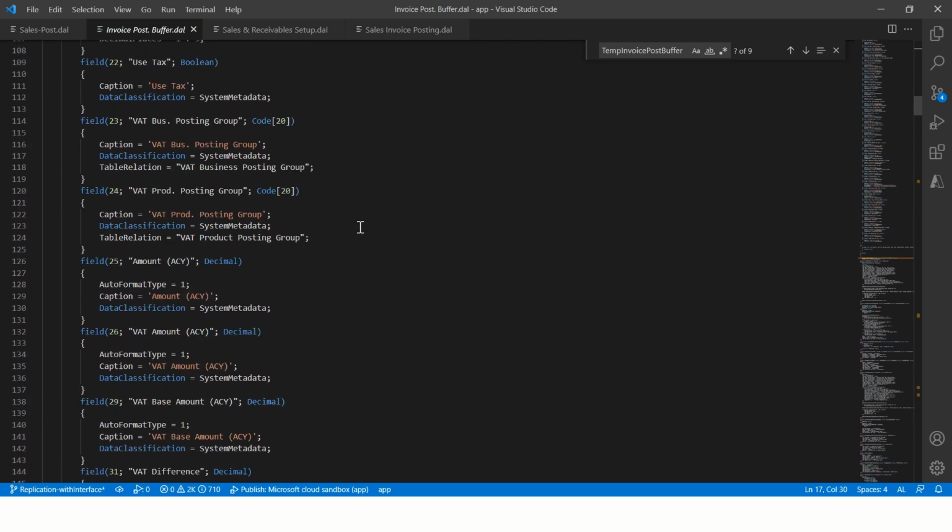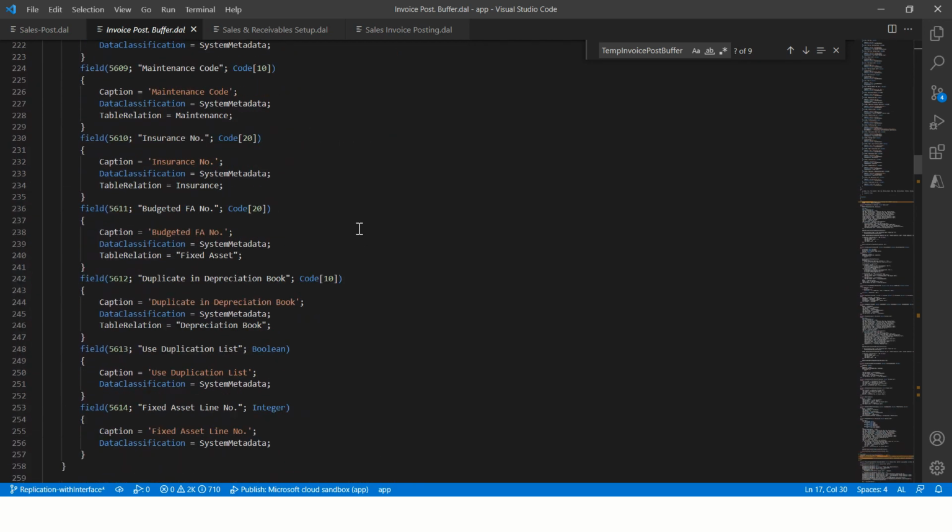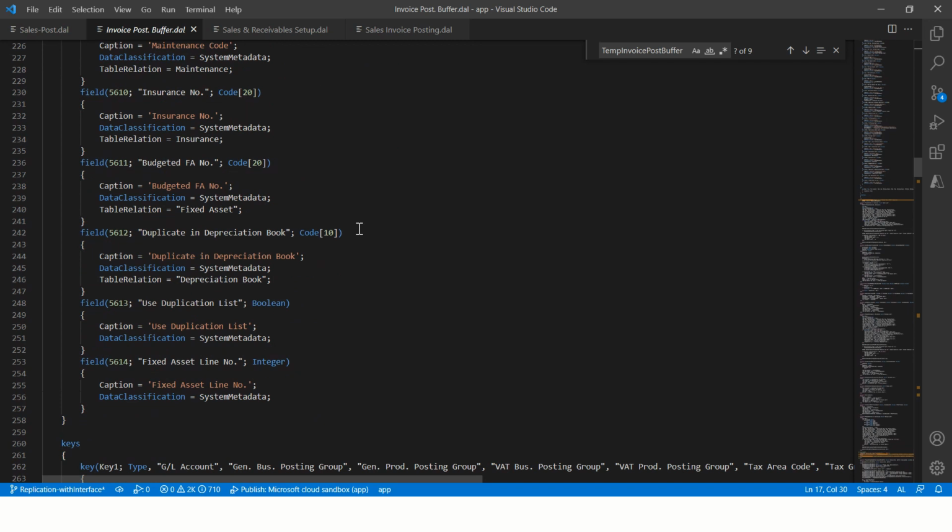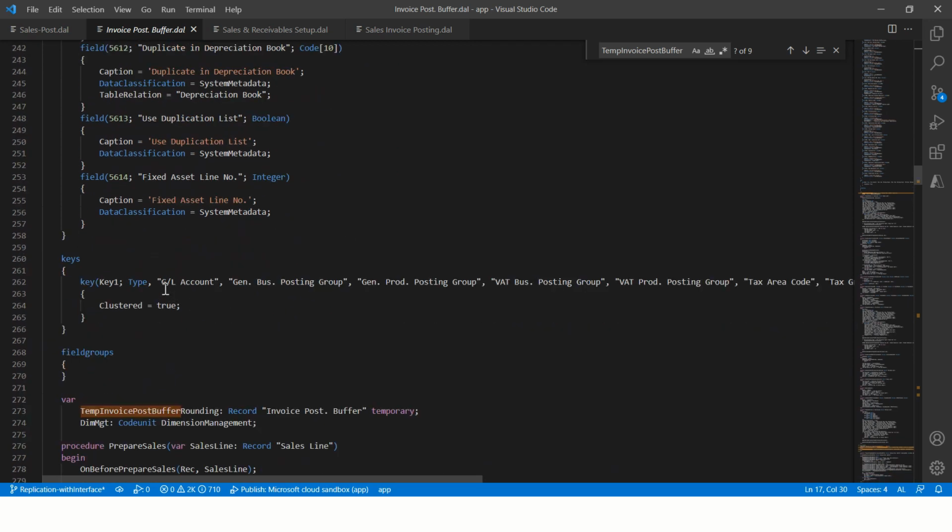When I say group format, it means that, based on the combination, it's typically this combination coming in the same flow. Like if you process one sales line having all these parameters with the same value, like, let's say GL account, business posting group domestic, product posting group raw material, VAT posting group domestic, again raw material, tax area code, something something, you know,